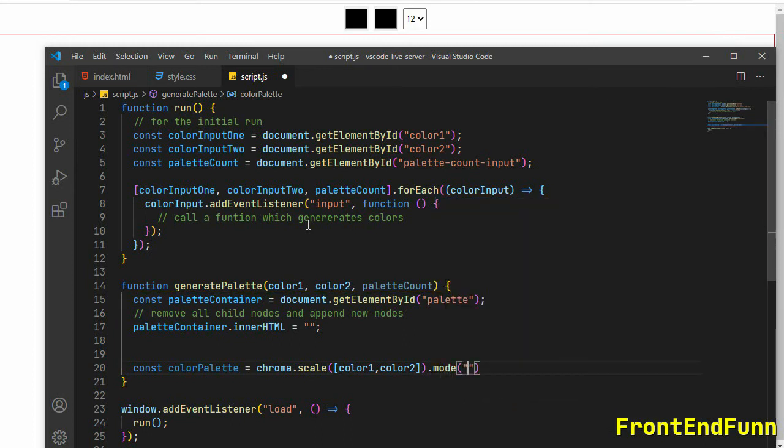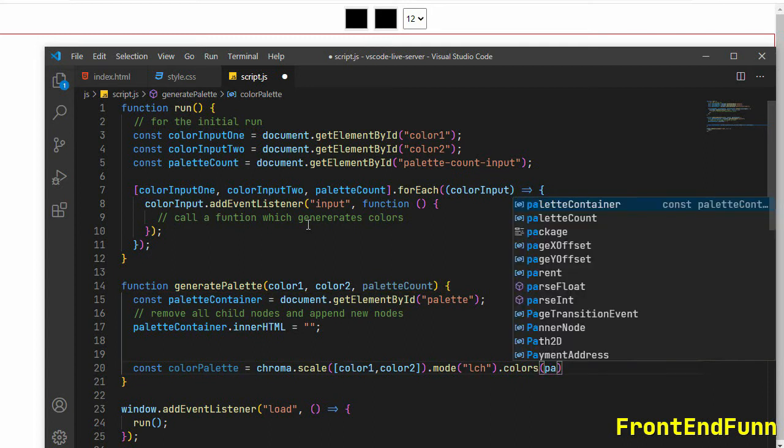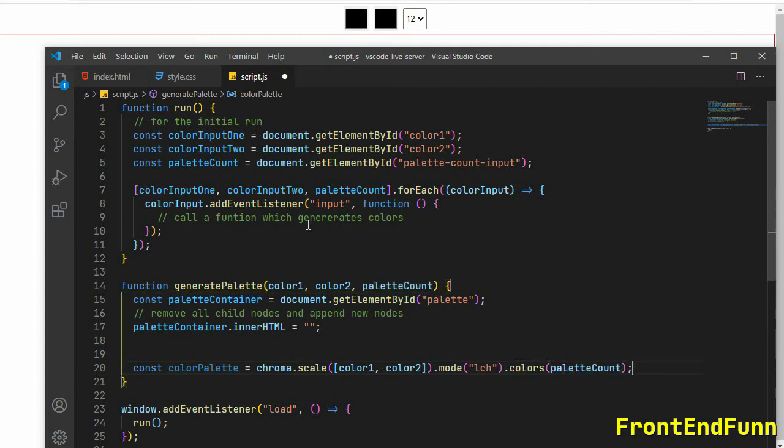So I'm just using LCH mode, and we can chain a method where we can pass the number of colors we want to generate. Okay, the palette count. Everything is given in the documentation. So what we get is an array of colors.